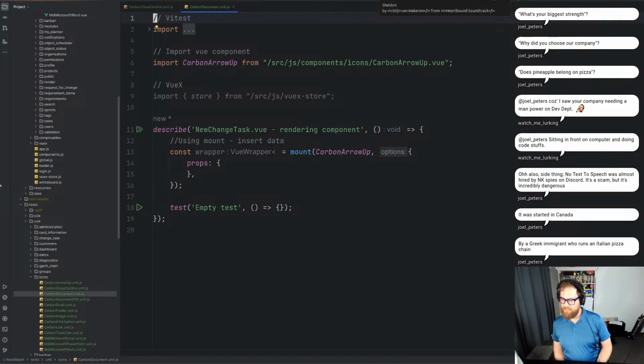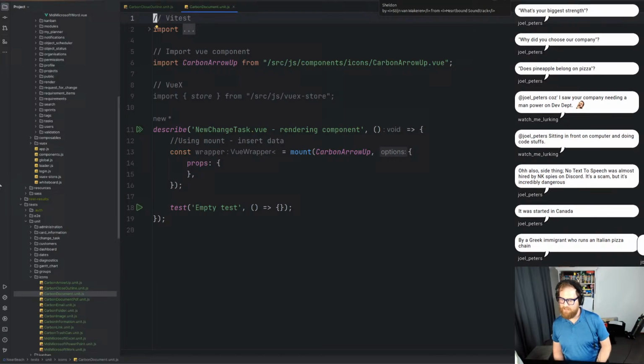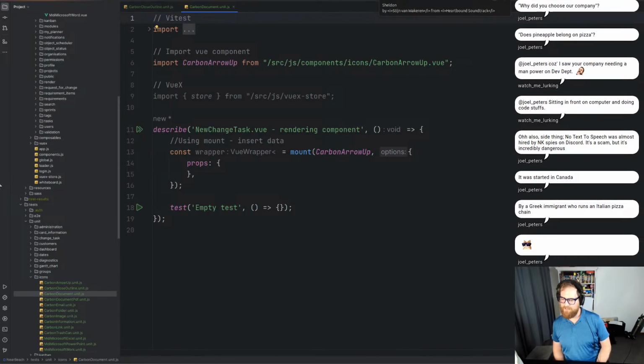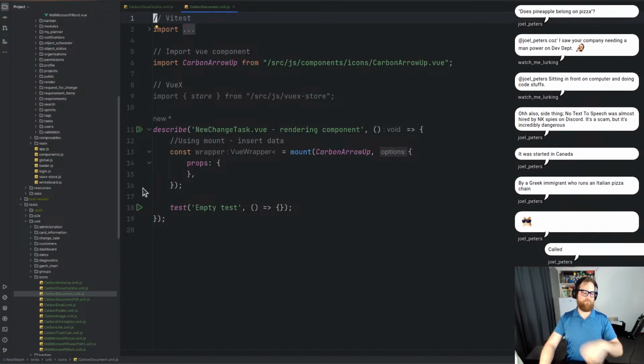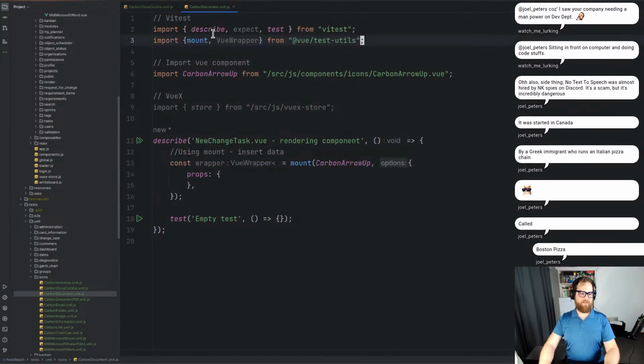Also side things. No, text-to-speech was almost hired by North Korean spies on Discord. Oh god, it's a scam, but incredibly dangerous. Yeah. It was started in Canada by Greek immigrants who runs an Italian pizza chain. All right, cool. It made its way to Australia, and yeah, we do have pineapple on pizza in Australia, and I do love it. Unabashedly